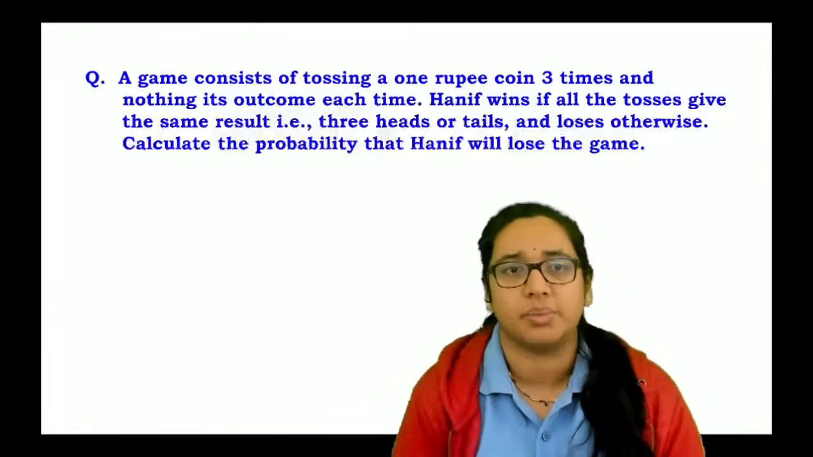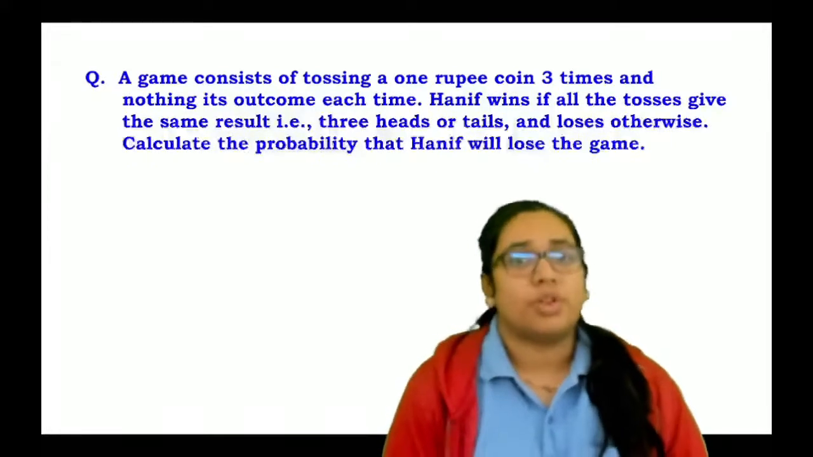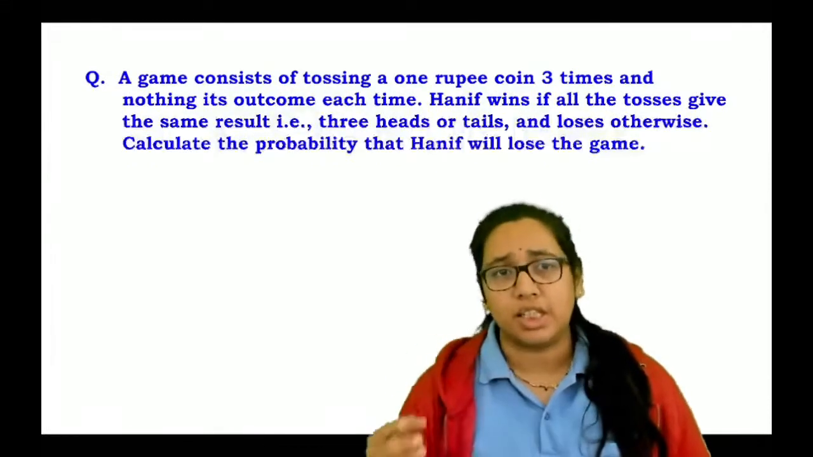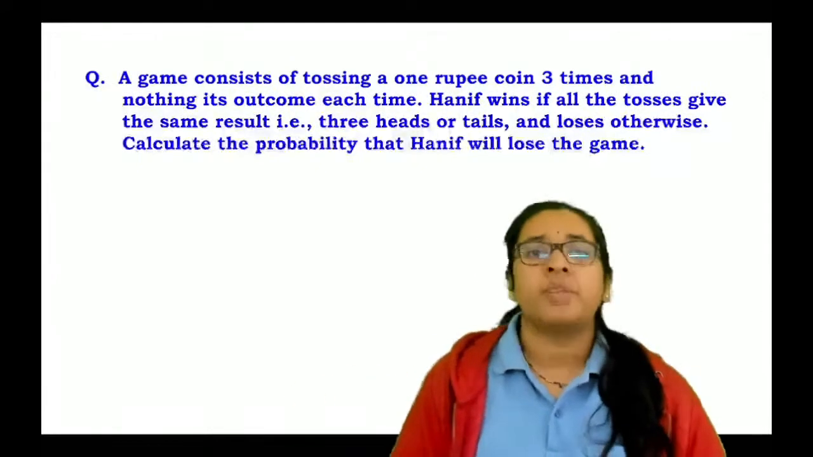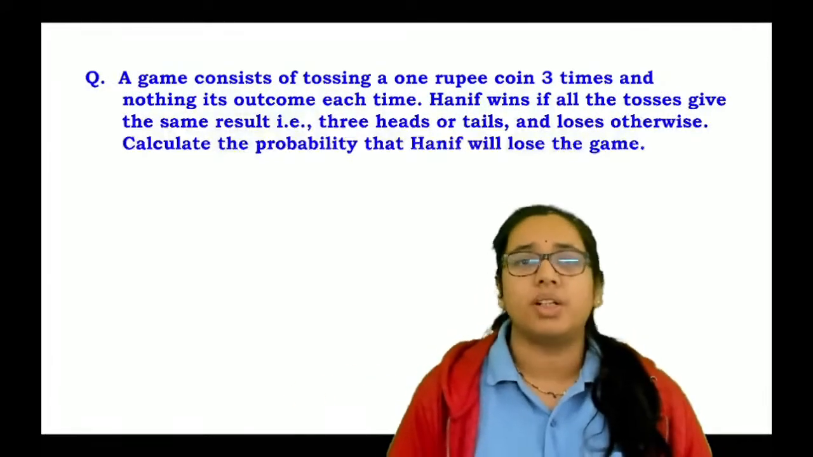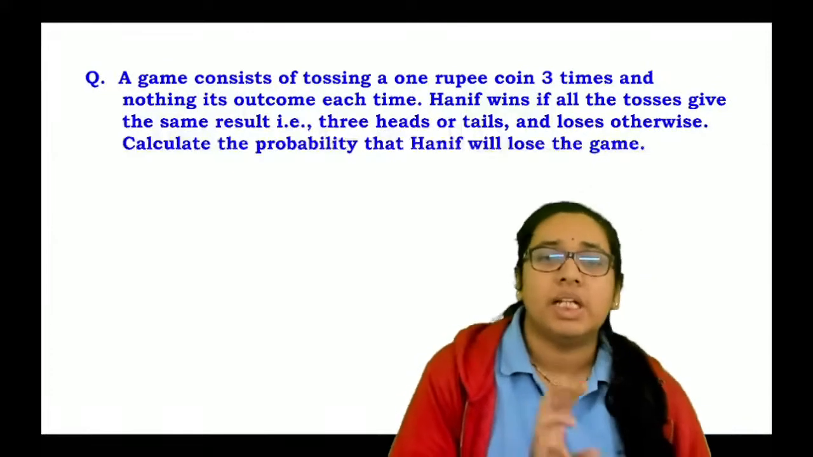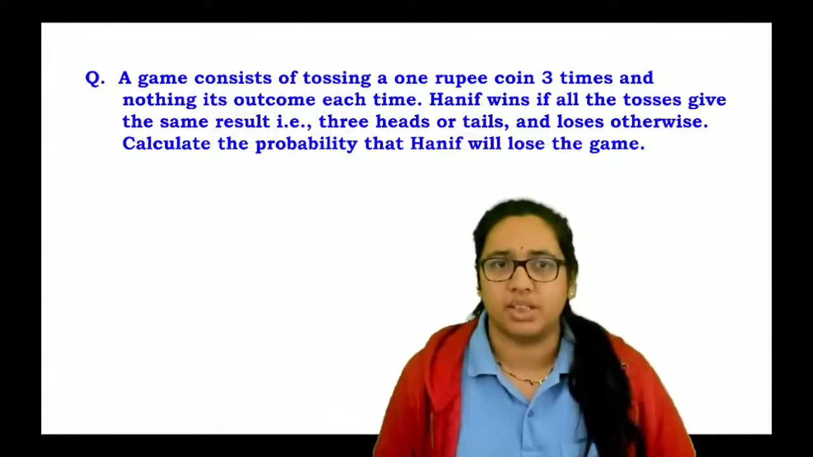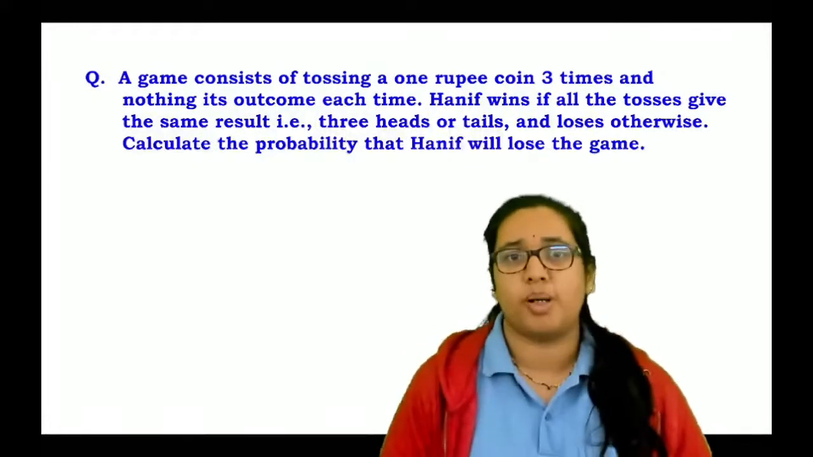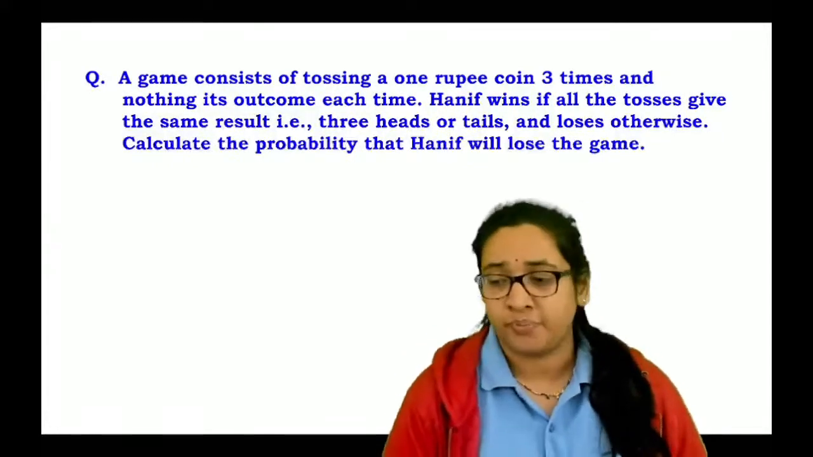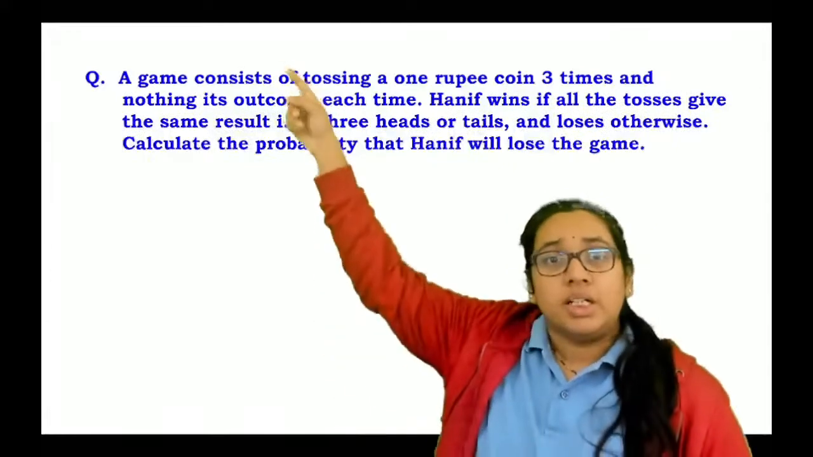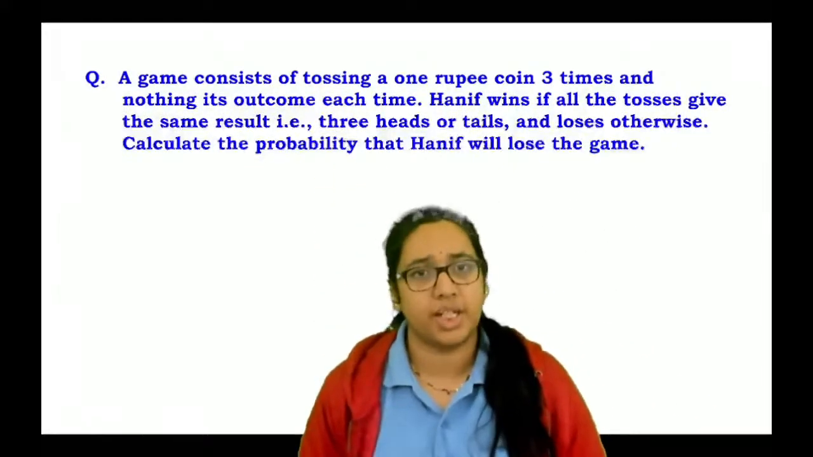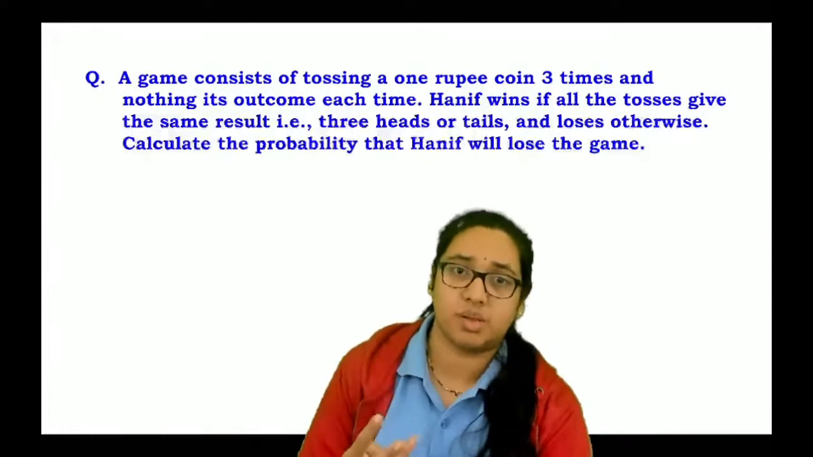in your exam. A game consists of tossing a 1 rupee coin 3 times and noting its outcome each time. Hanif wins if all the tosses give the same result, that is 3 heads or 3 tails, and loses otherwise. Then calculate the probability that Hanif will lose the game. Now, we know that a coin is tossed 3 times, and 3 coins tossed simultaneously,